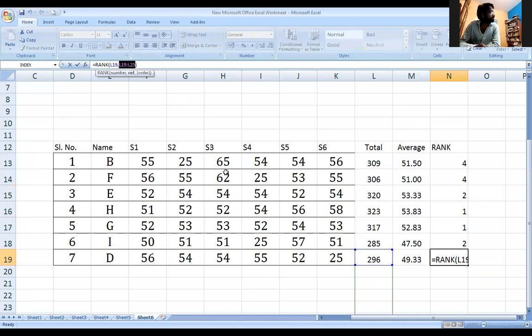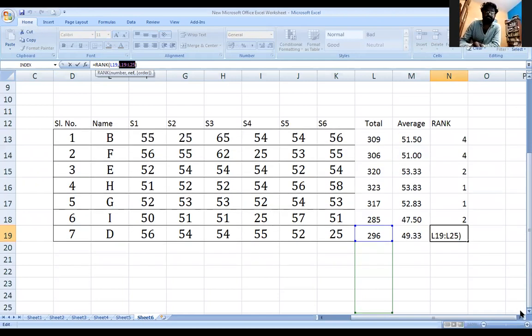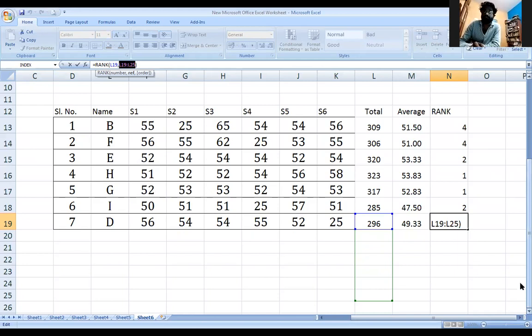It means it is only comparing this one value, 296, and the remaining cells are taken from here downwards. That is the wrong way of doing the interpretation.